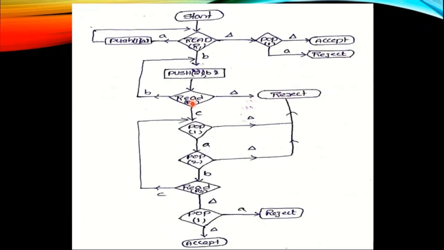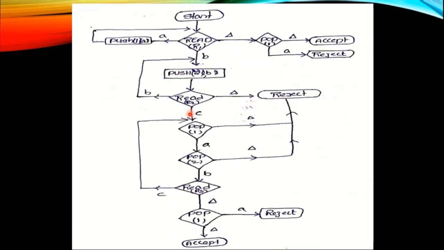From this state, we read any number of B's, perform the push operation into stack 2 and then go to the same state. In case the third symbol is B, again the same. In this process, the B's are pushed into stack 2 and we stay in the same state. So from this, when we read del as the end of the input, we simply say that the string is not accepted by the language. That's why reject.